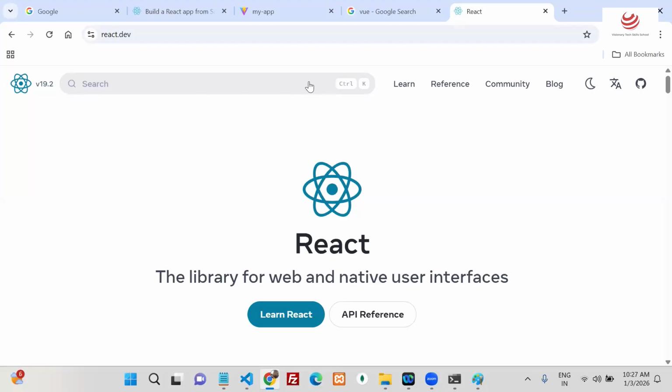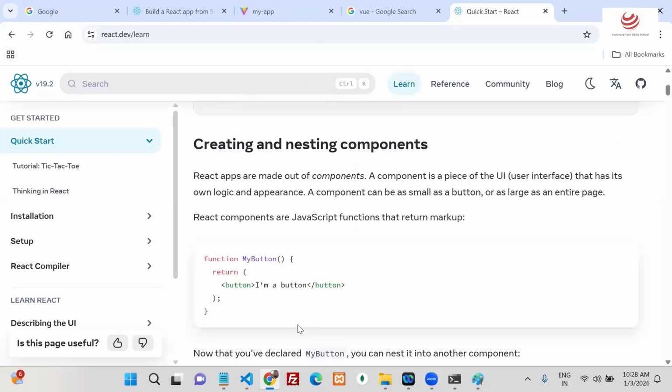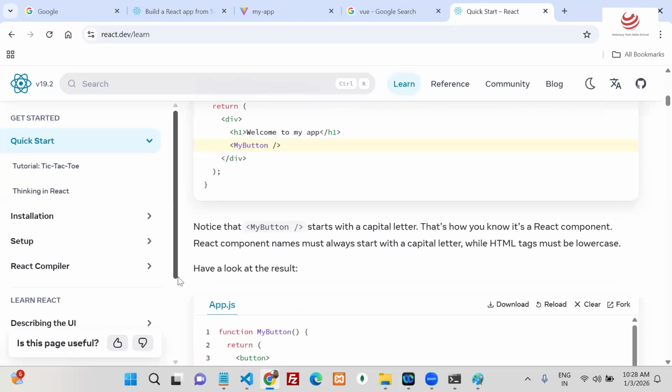One of them is given by the core React people, only for creating a React app. But the React people themselves said, create React app, don't use it. That is deprecated. Now onwards they suggested either you can go with Vite, or you can go with some of the